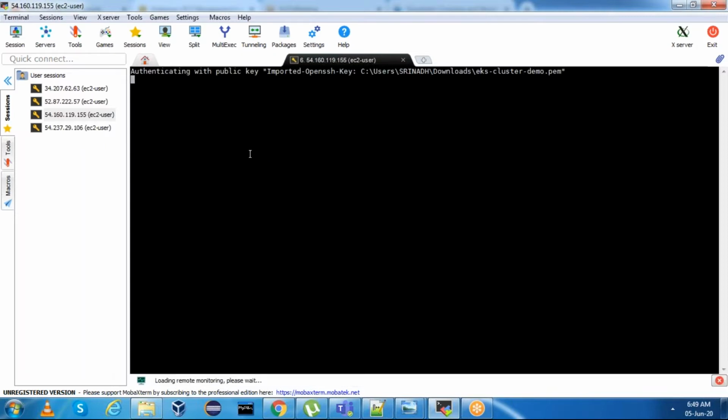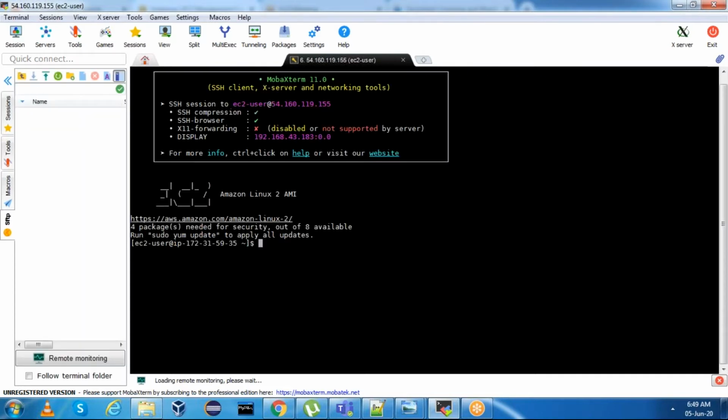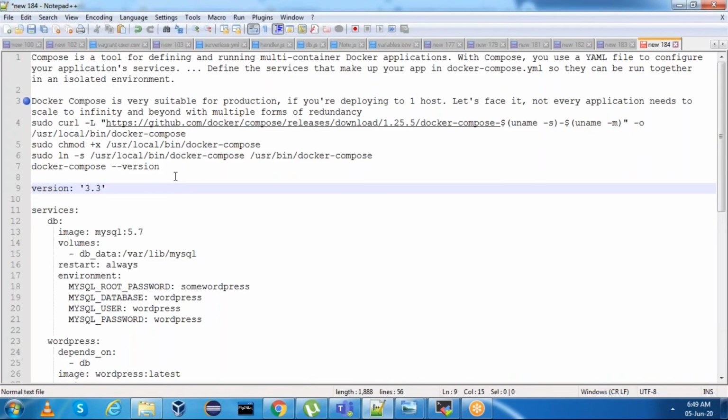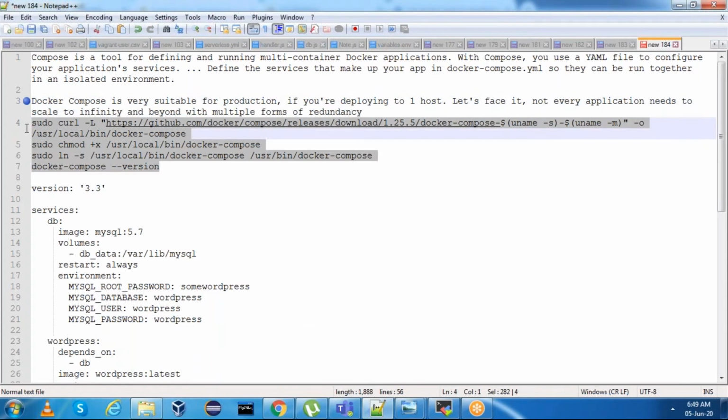Now once this server is active, I'll install Docker and Docker Compose. sudo -i, yum install docker, then Docker Compose. I have the steps.